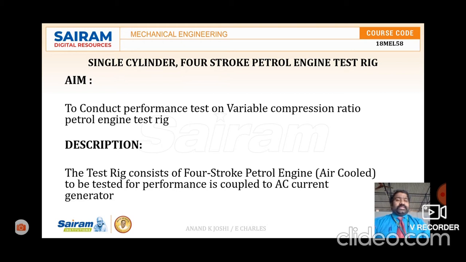The first one is the rate of fuel consumption, which is measured by using a volumetric pipette, and the airflow is measured by a manometer, which is connected to the airbox. The different mechanical loadings are achieved by loading the engine through the pipe, rope and brake drum assembly, attached with the weighing machine. And also the engine speed is going to be measured by the